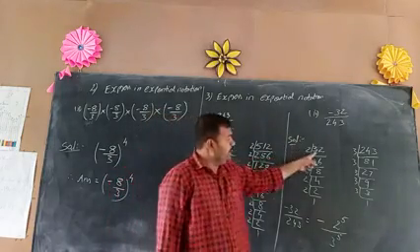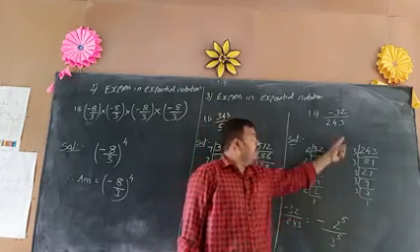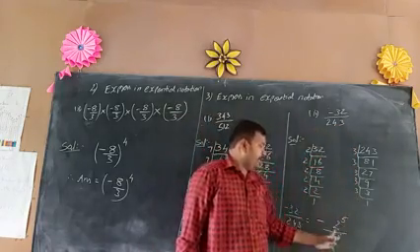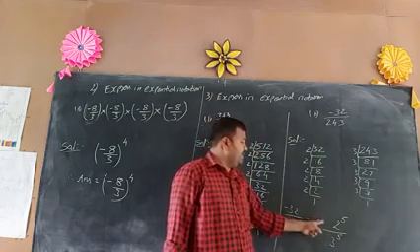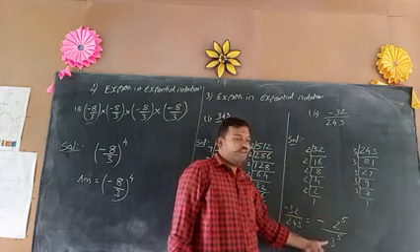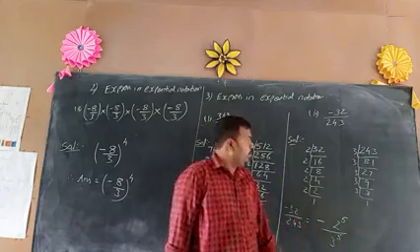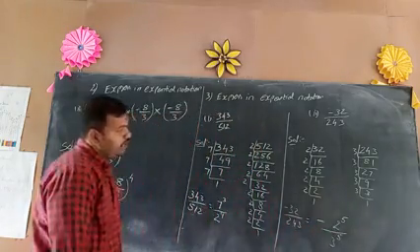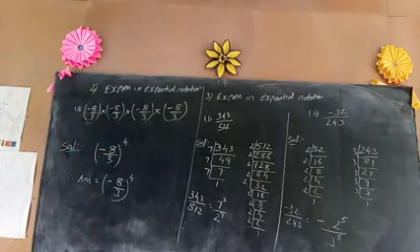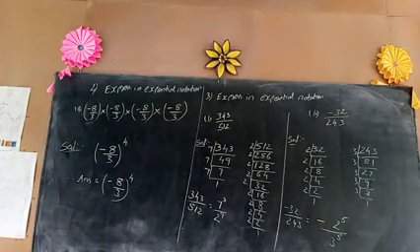In this sum, 32 means 2 power 5. 243 means 3 power 5. So writing that, the minus sign is kept like that only. 2 to the power of 5 by 3 came for 5 times. So 2 came for 5 times, 3 came for 5 times. So the answer is 2 to the power of 5 by 3 to the power of 5. So copy this sum in your CW. See that once.